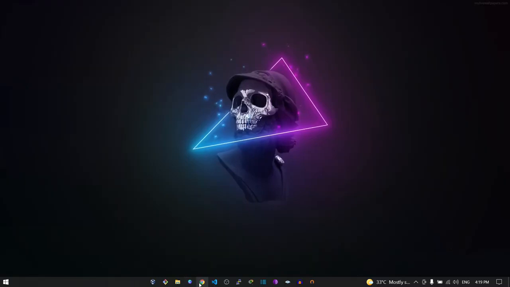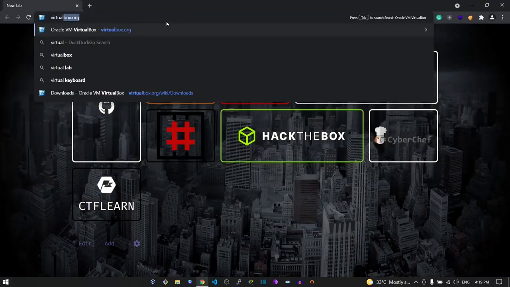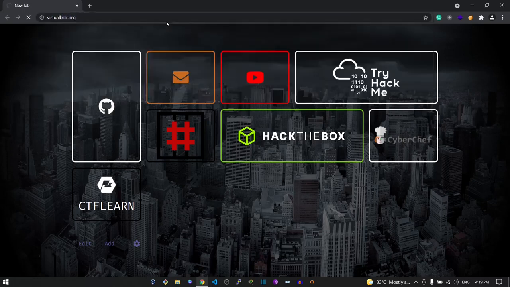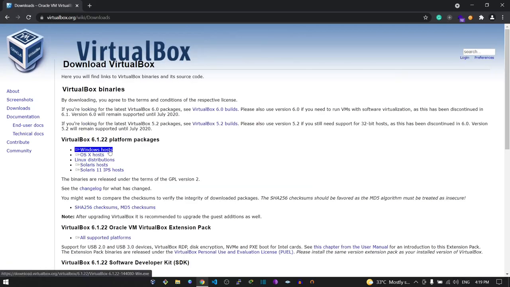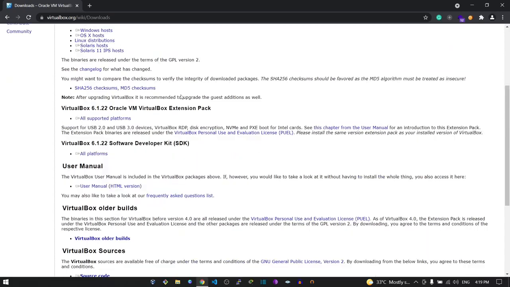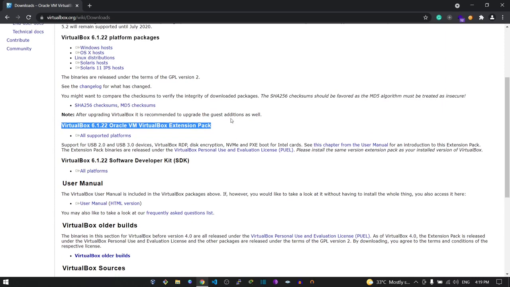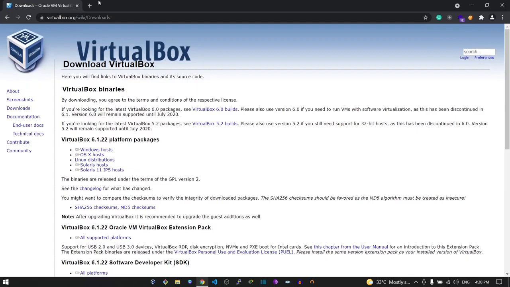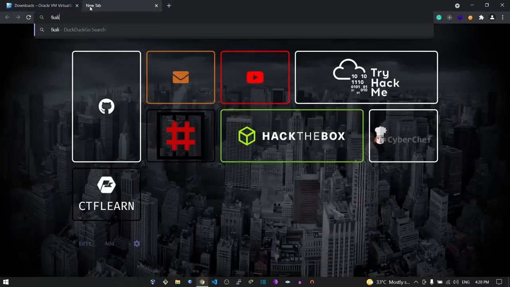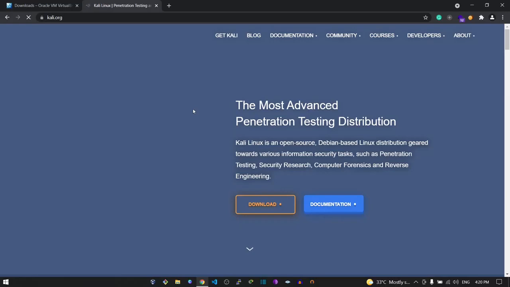of stuff, right? So for downloading VirtualBox, we can navigate over to virtualbox.org. You can download the latest version from here. And one more thing that I would like to add here is you can download the extension pack that would provide better compatibility with external hardware, especially if you are dealing with network penetration testing, right? Now for downloading Kali Linux, you can navigate over to kali.org, from where you can download the Kali Linux.